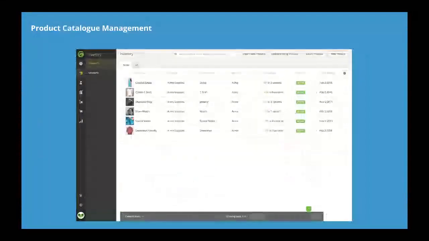The next slide goes into the product catalog. This is where you can have all the different variants and types of products by shape, size, color, all that good stuff, all within the TradeGecko system. And we act as that single source of truth. So we actually push this information into your e-commerce store, or Shopify as an example.